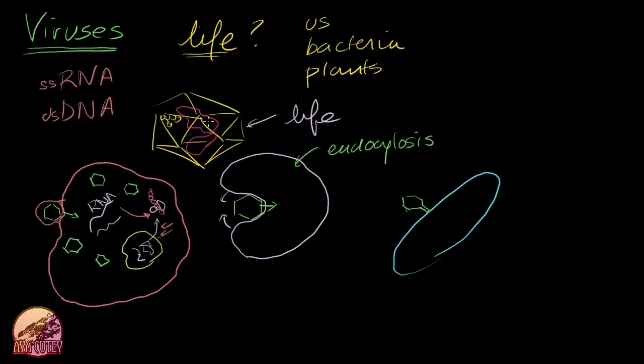It's using the cell's own mechanisms. Left to its own devices, it would just sit there. But once it enters a cell, it can use all of the nice machinery that a cell has around to replicate itself. And it's kind of amazing, just with the biochemistry of it, that these RNA molecules then find themselves back in these capsids. And once there's enough of these, and the cell has essentially had all of its resources depleted, these individual new viruses that have replicated themselves using all of the cell's mechanisms will find some way